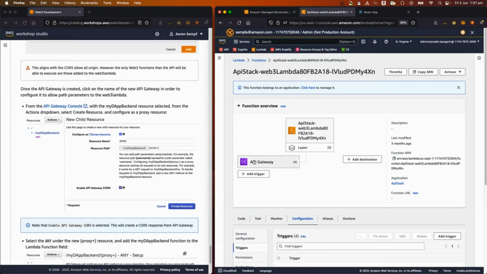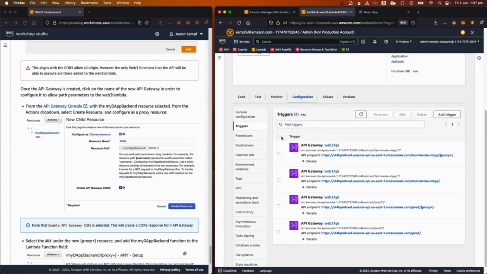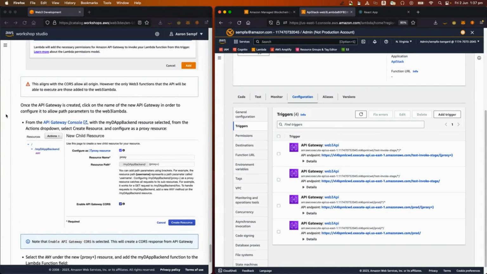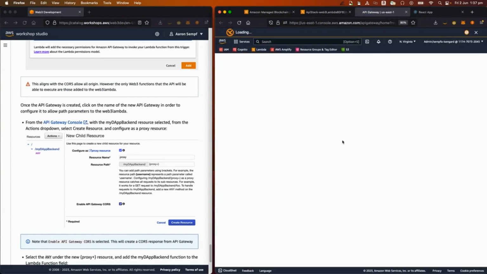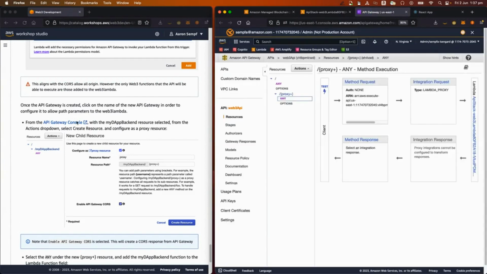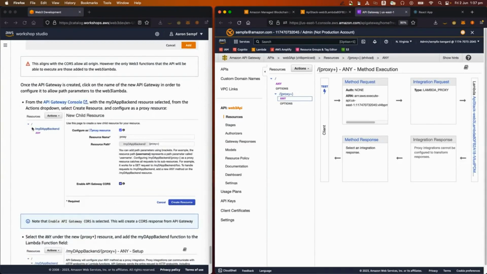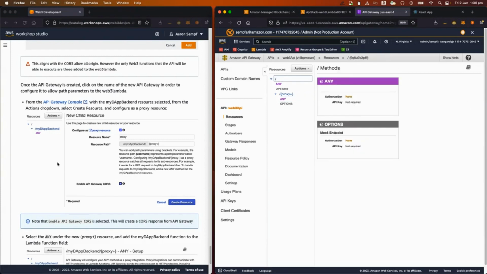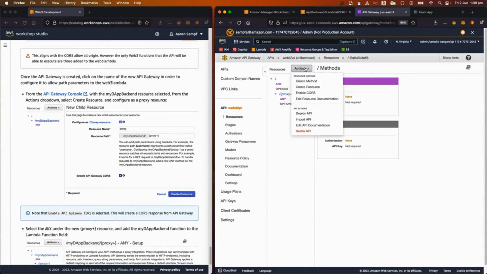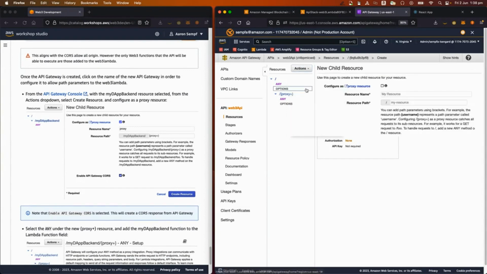So I've already done that. When I click on this here, it'll show me that I've got resources. When you do that, it will create the API for you. If you click on the API that's created for you, it'll open up the API Gateway console, and depending on what you've called it, you'll be able to select the API resource or the root resource in this case. And we want to actually go and add a resource. So if we go to Actions and Create Resource,